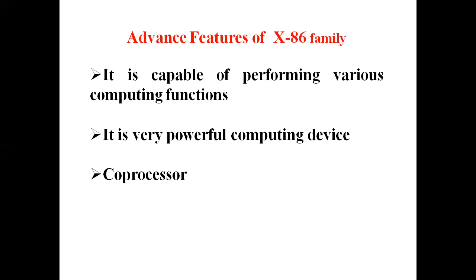Next, it has a coprocessor. The coprocessor is also called a numeric coprocessor. A numeric coprocessor has a separate CPU and performs arithmetic functions such as addition, subtraction, multiplication, and division, and also trigonometric functions. So the result is faster compared to the general CPU. The general CPU may be busy performing some other functions, while the coprocessor is working, so it is faster than the general CPU.